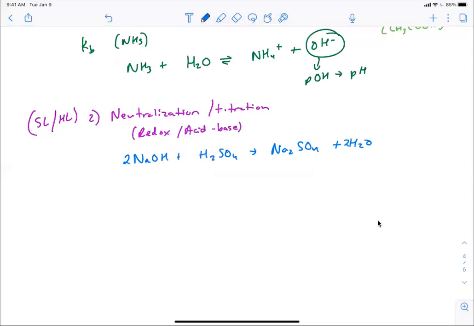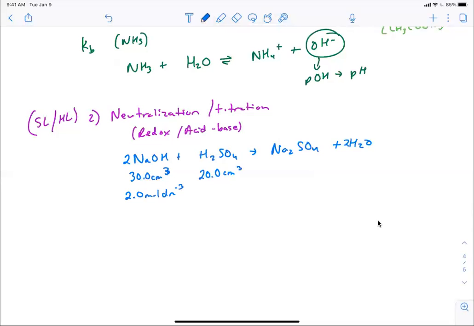And you might be given the volume of H2SO4 and then the volume of NaOH needed. And the molarity of the titrant as well. And you'd have to solve for the molarity of your